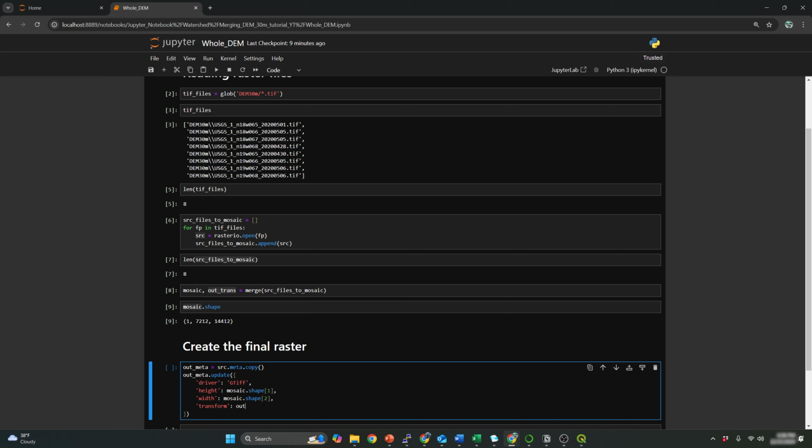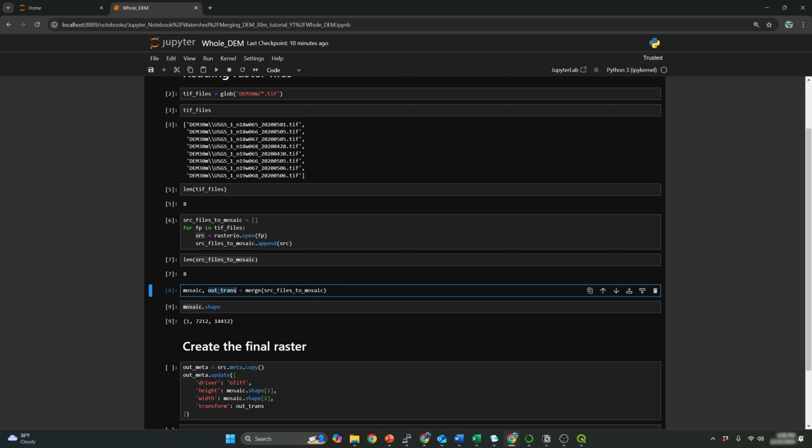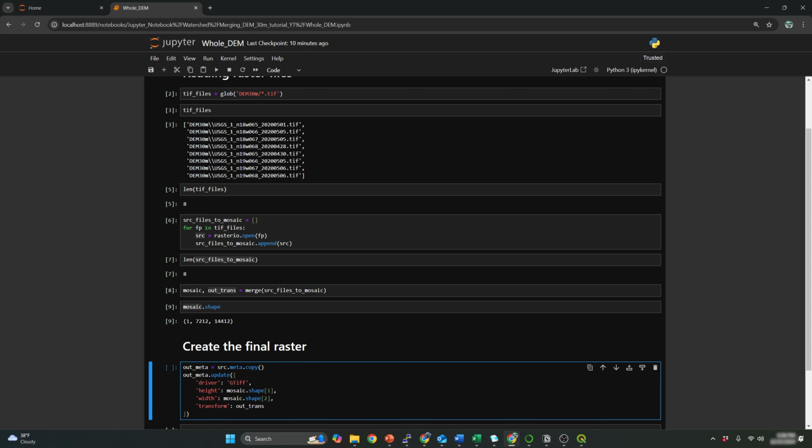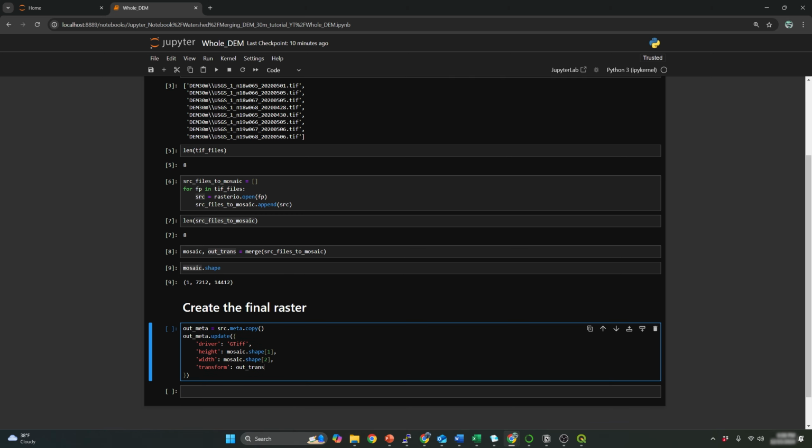All of that information was stored in this out_trans variable, so the transform will be that. And now if I run it,